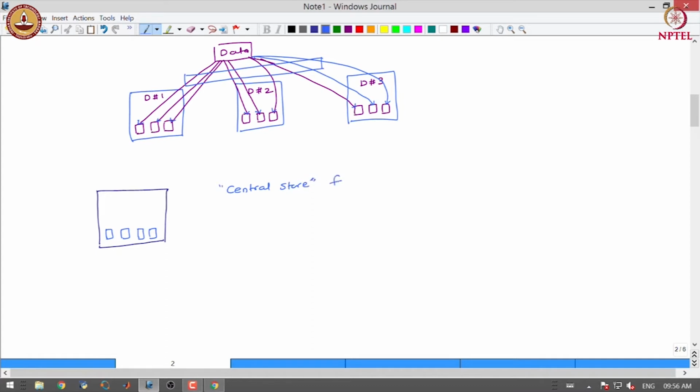Central store for weights or for parameters. So, here there is a central store that is holding all the weights, and these are our GPUs.